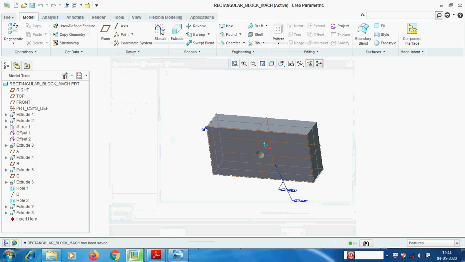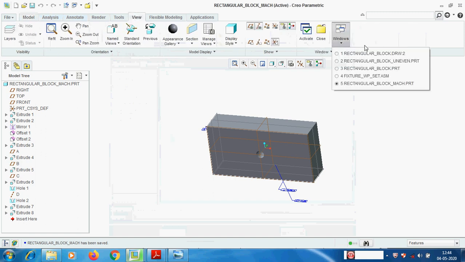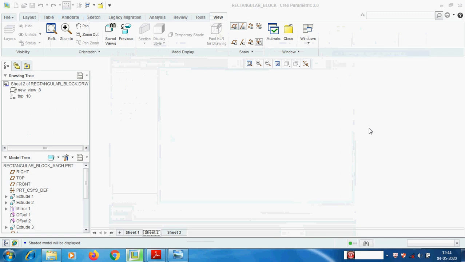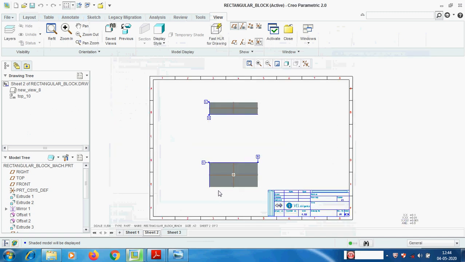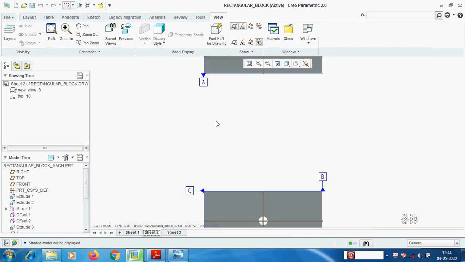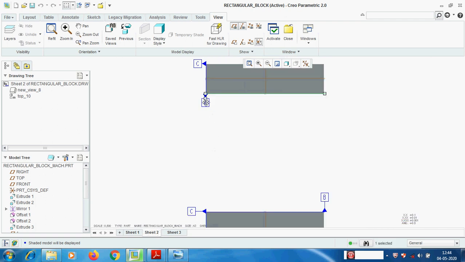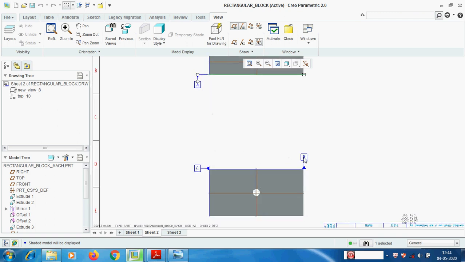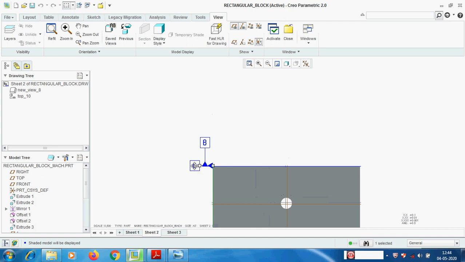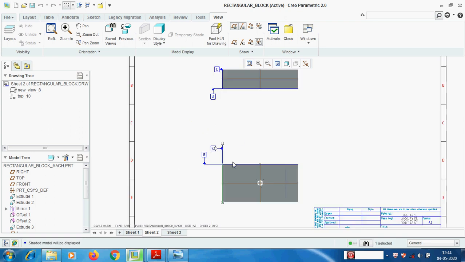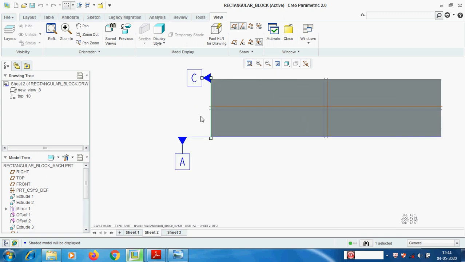Now we are going to create the drawing for this block. Okay, see, whenever we place, we always get the datums. This is A, this one is B, this one is C, B, C, A, B, C. We can delete this one.